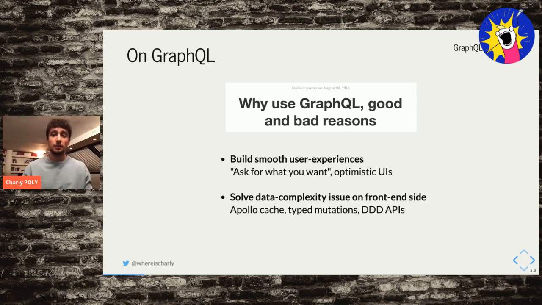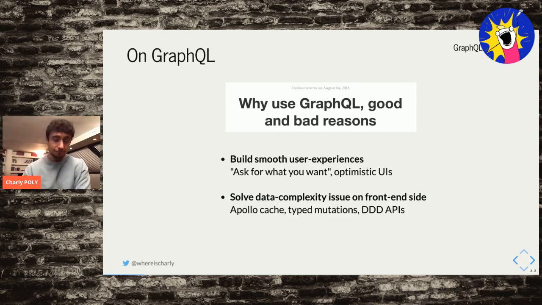GraphQL queries and mutations allow to provide an API that is not directly linked to the models as a one-on-one relationship, and also by the client that provides a very powerful cache using observers, either on Relay, on Apollo. Also, something that I find interesting is that the mutations are typed and checked also on the client side, so you don't have to duplicate anymore the very basic checks that you have to do, which are the same as the API.